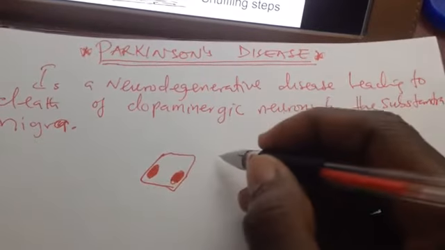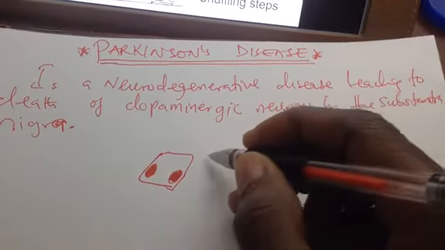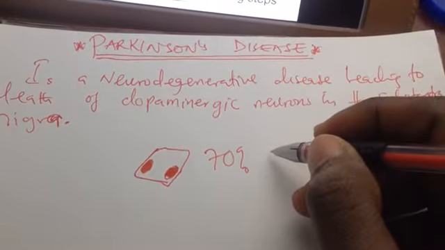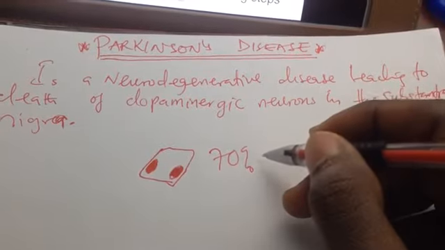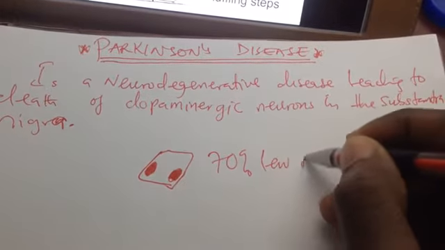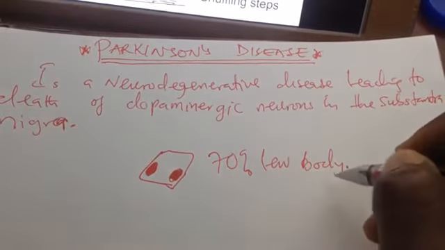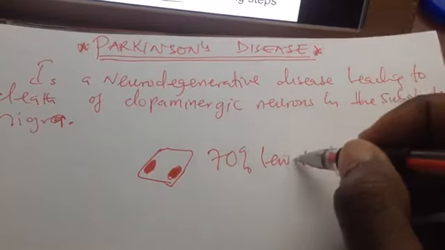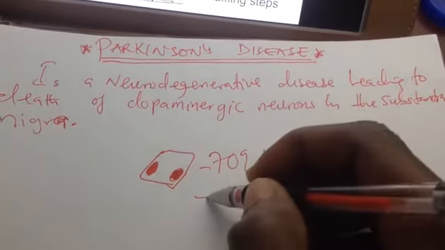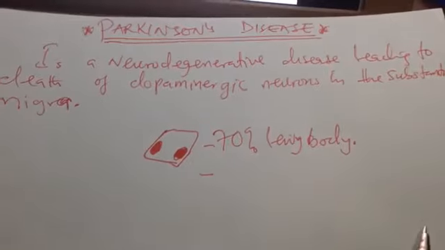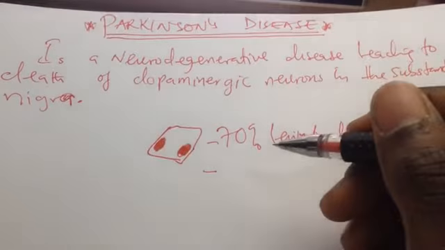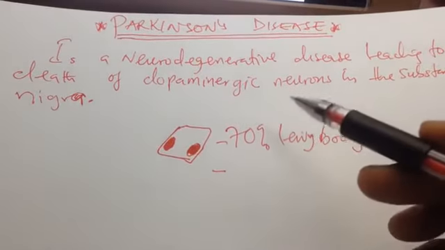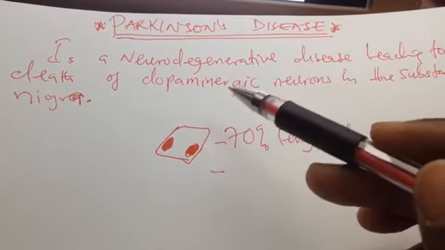About 70% of the neurons have an accumulation of a substance, a body called the Lewy body, inside them. The remaining neurons also undergo that degeneration, instead of taking over. So this is the pathogenesis, the pathophysiology of what causes this